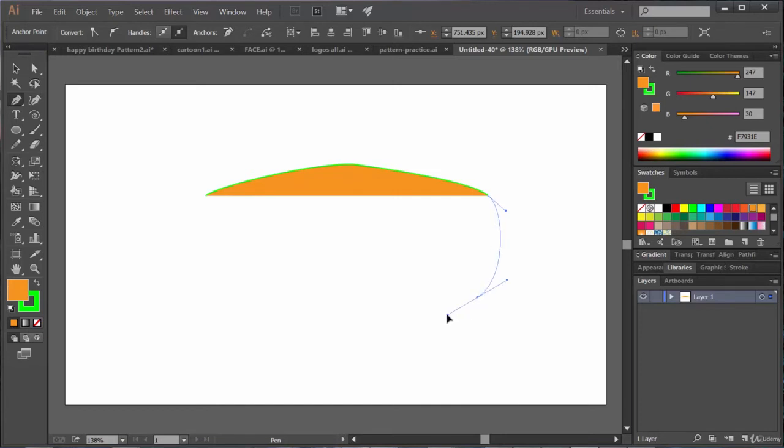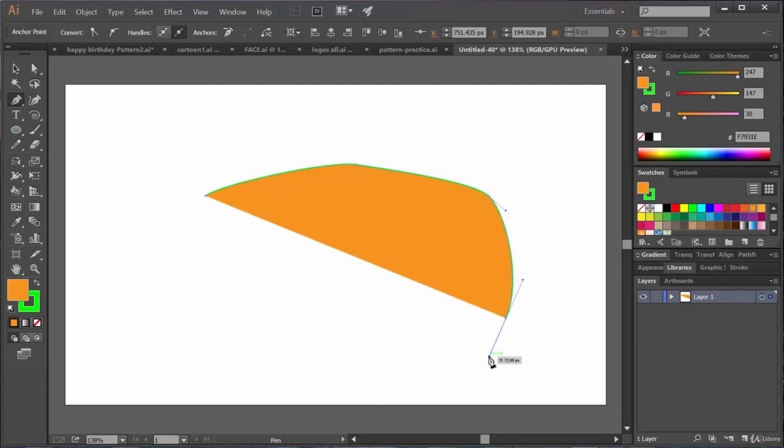Now don't leave your mouse. Hold the space bar key and drag. See, now you can move your anchor point just like this. And if you are satisfied, then just leave the space bar. See? So this is just a simple trick that you can remember.